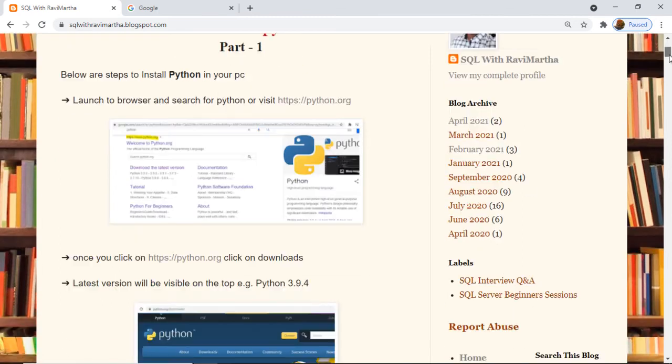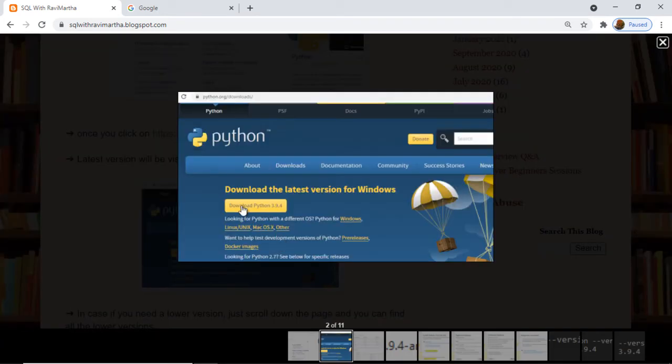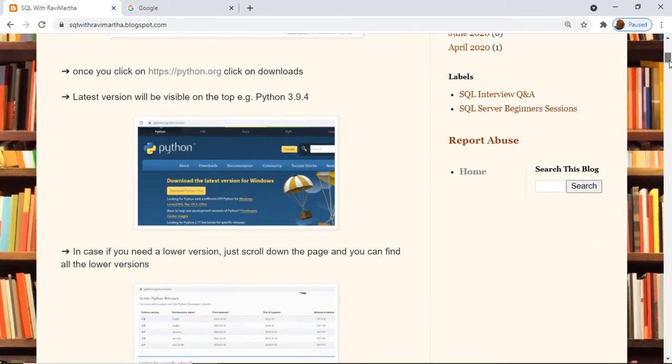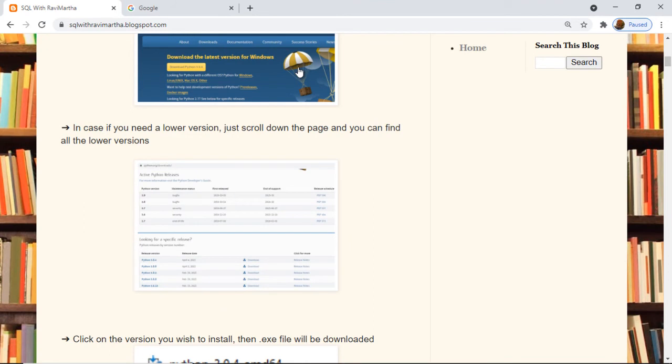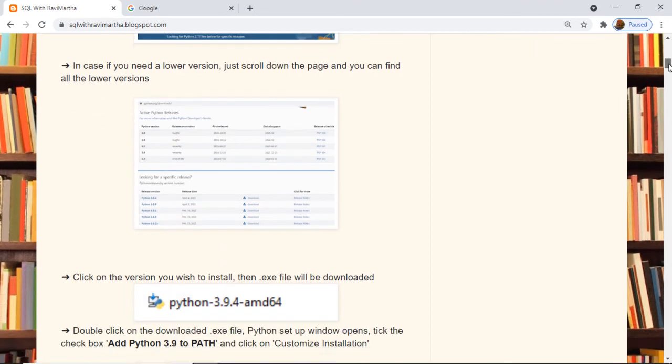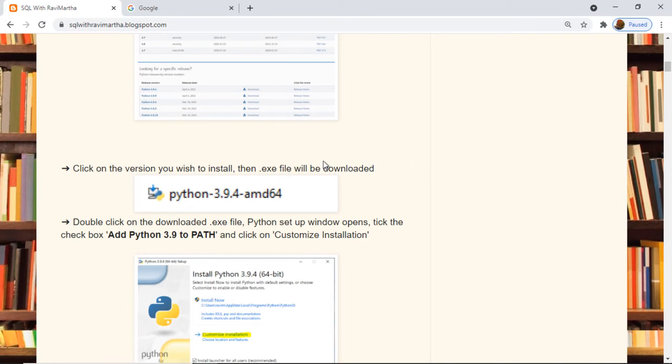Once you go to the download section, you'll have options like this. So the latest version will be available there. Currently the latest version is 3.9.4, so that will download. And if you scroll down that particular page, you'll see the lower versions of that Python. So once you download the respective version which you wish to, then .exe file will be downloaded, and it looks